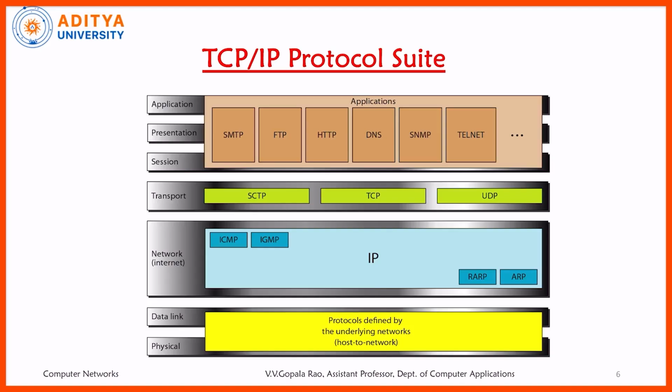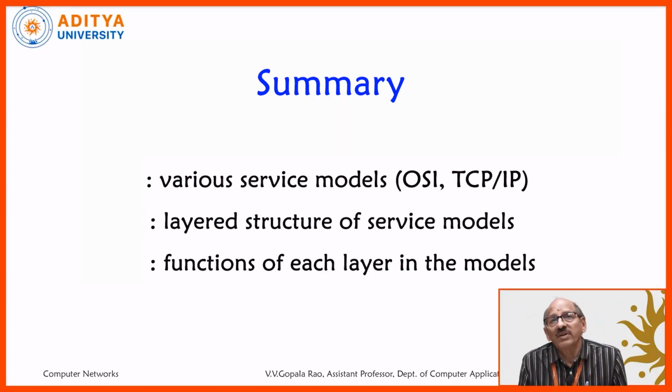TCP, the transmission control protocol, is another protocol found in the transport layer. UDP is the user datagram protocol. So there are various protocols available, and every protocol is meant for a specific purpose. TCP cannot do the UDP job, and UDP cannot do the TCP job. That is why these various protocols are available in the TCP/IP protocol suite. I have briefly shown what the OSI model is, what TCP/IP is, what the various protocols and layers are, and what their responsibilities are.